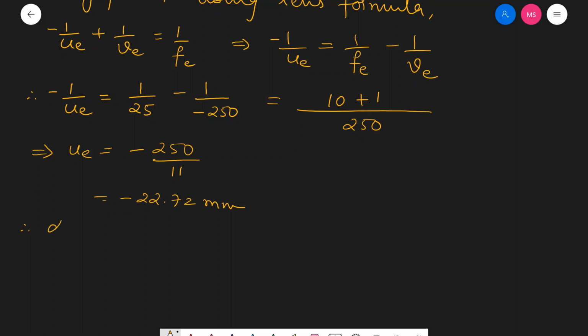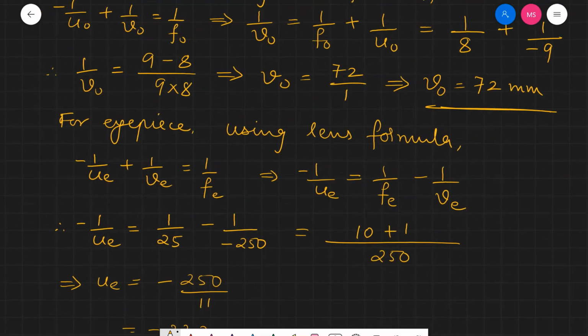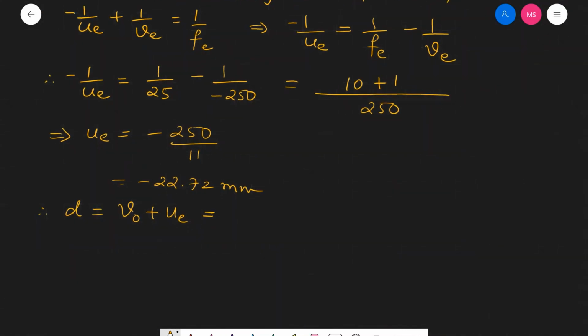Therefore, distance between two lenses, which is equal to VO plus UE, is equal to VO we got as 72 mm. So 72 plus